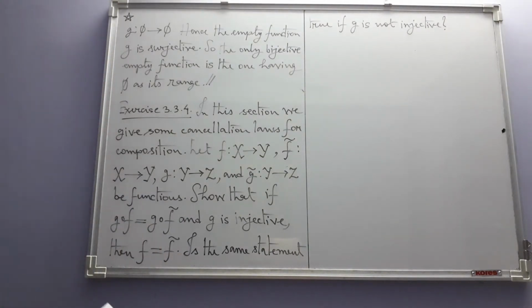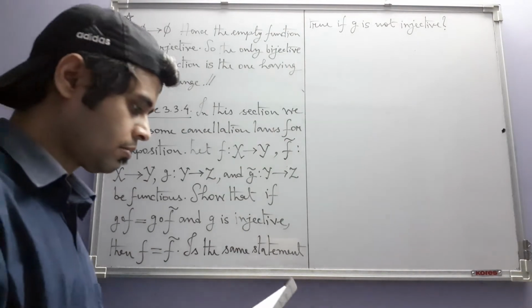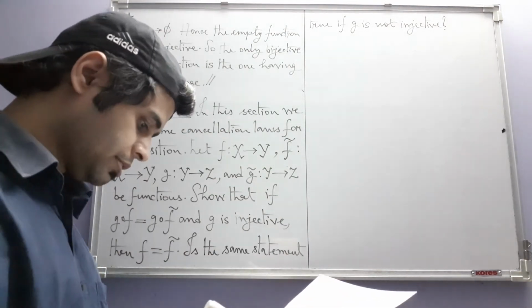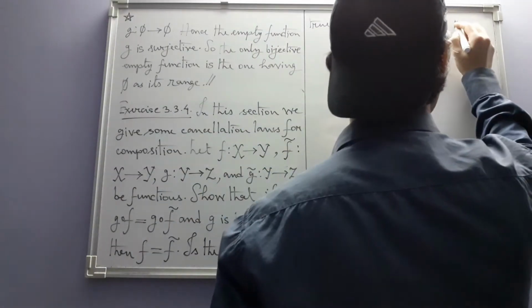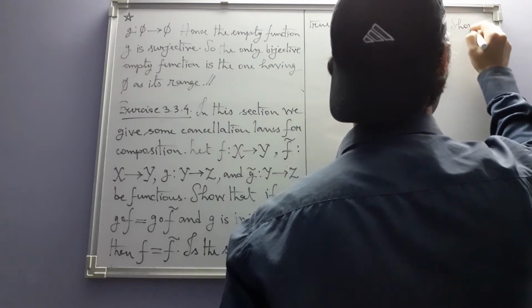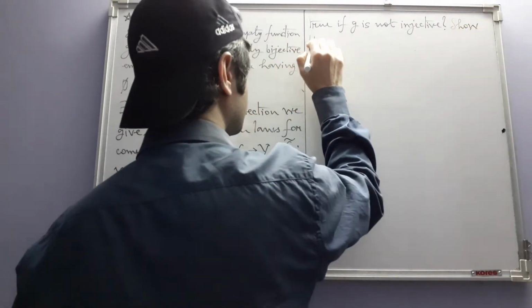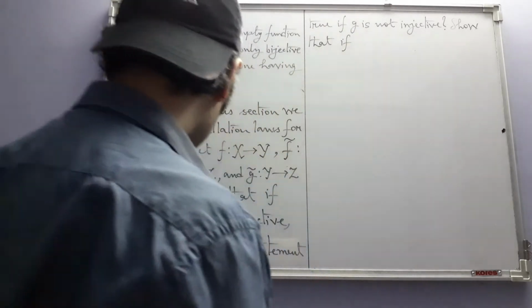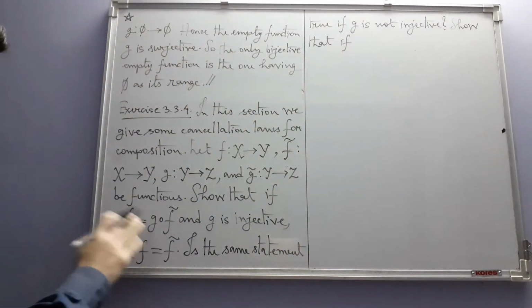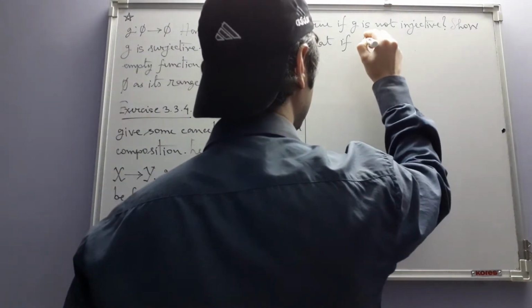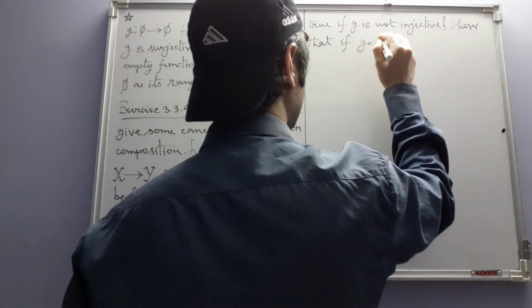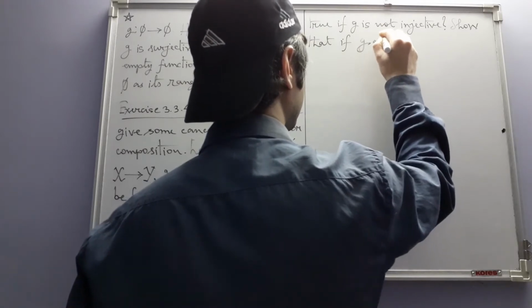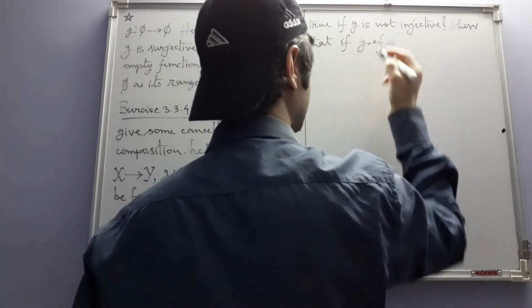Like that, there is one more, and that one is this. Show that if, so this will involve g and g tilde and f, g composition f is equal to,